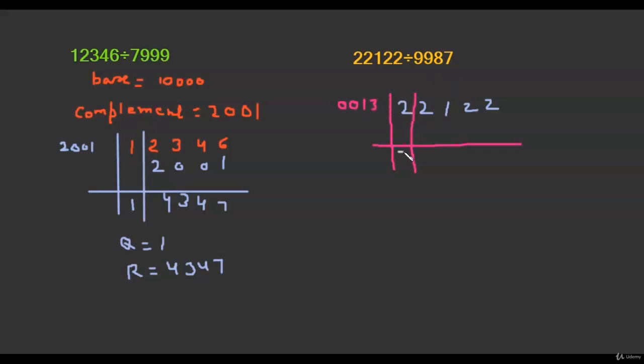Now we copy the first digit of the number as it is. We multiply 2 by the complement number, and we write the result below the next 4 dividend numbers. So this gives us 0026. Now we add these. So the quotient is 2 and the remainder is 2148. So dividing by this method is very easy and you can get the result very fast. And it's very helpful while dividing large numbers by 4 or 5 digit numbers.